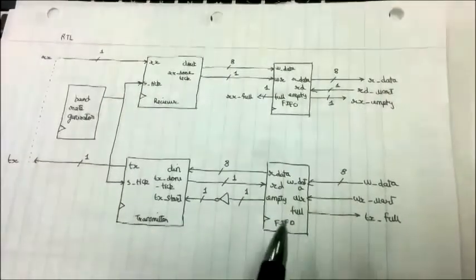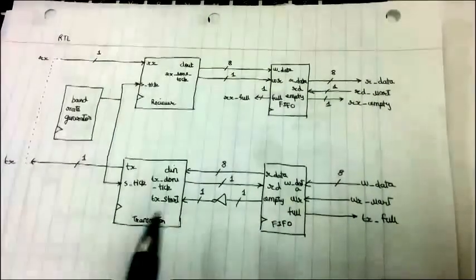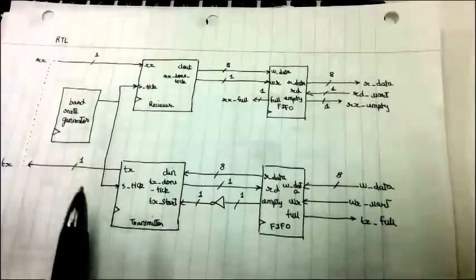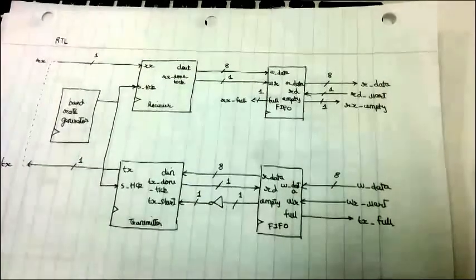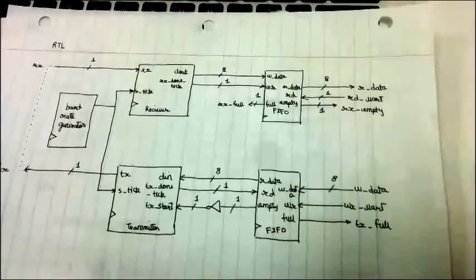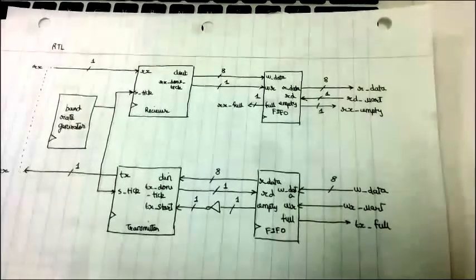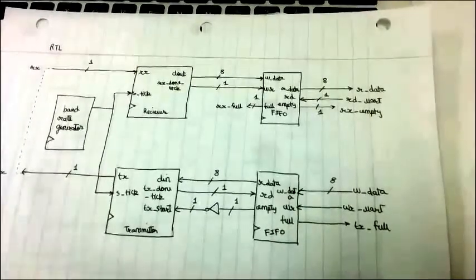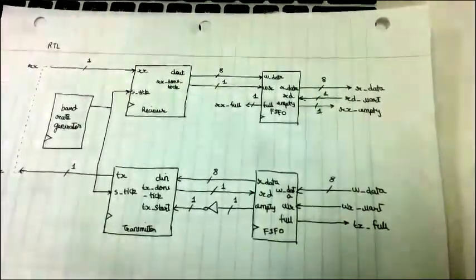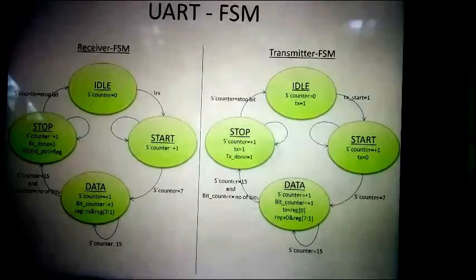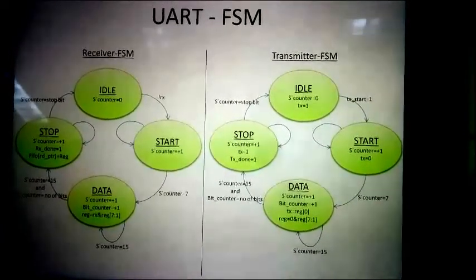It also consists of FIFOs, which act like a buffer between the transmitter and receiver and the main system. It also has two other functions. It tells us the availability of a new word, and it prevents the received word from being copied multiple times. The receiver and transmitter can be explained using a finite state machine.